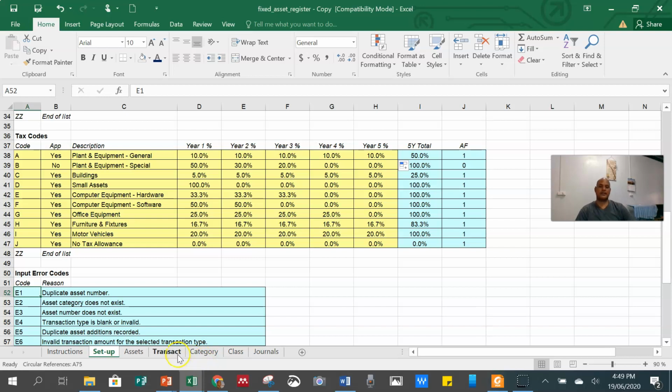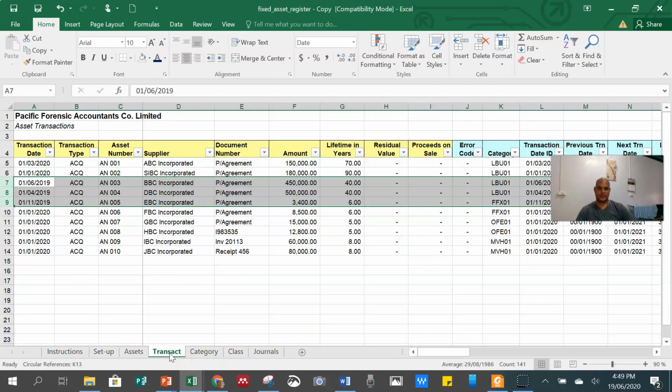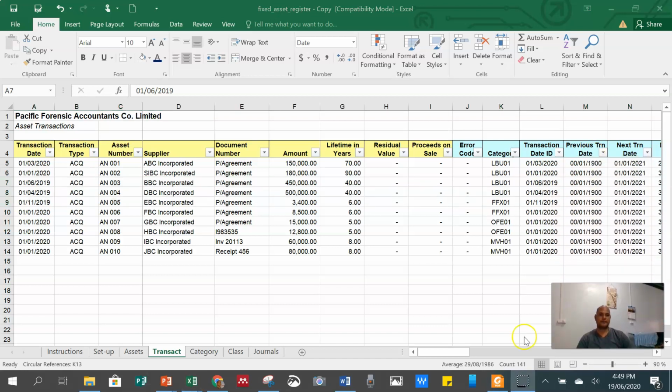And so when it comes to recording, you go to transaction. If you go to transaction, you will find that your transaction sheet is composed of the blue area as well as the yellow area. If you look at this yellow area, this is where you need to input your asset that you acquired.